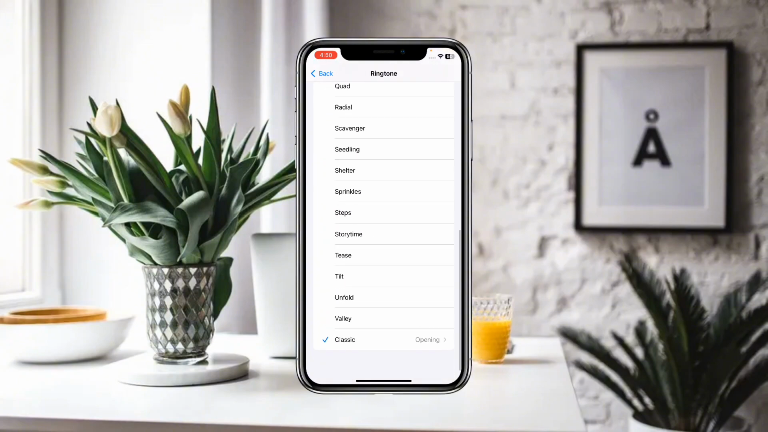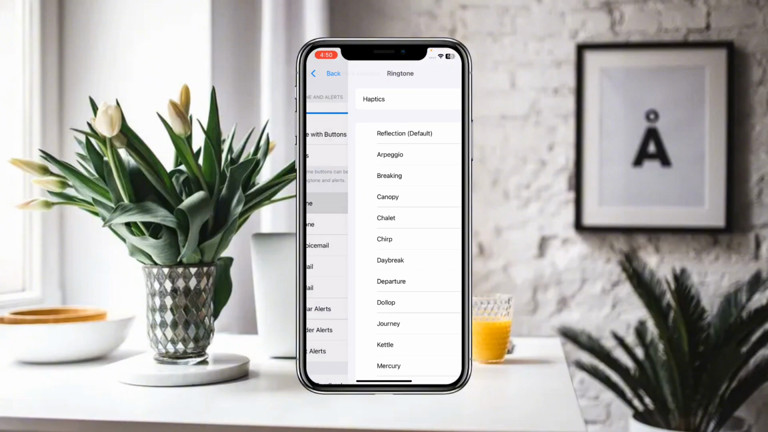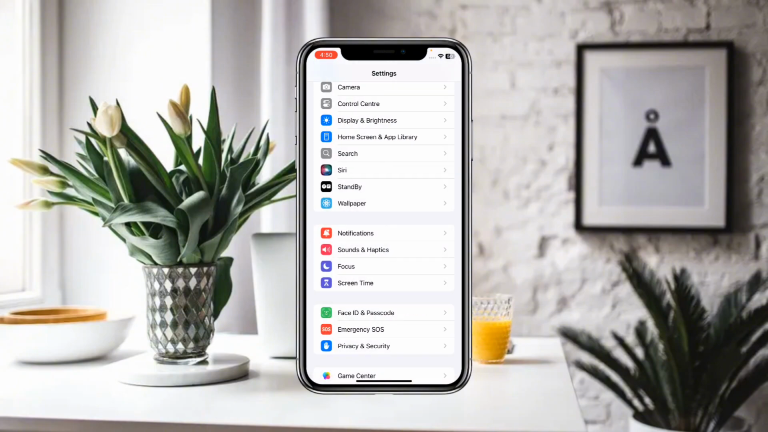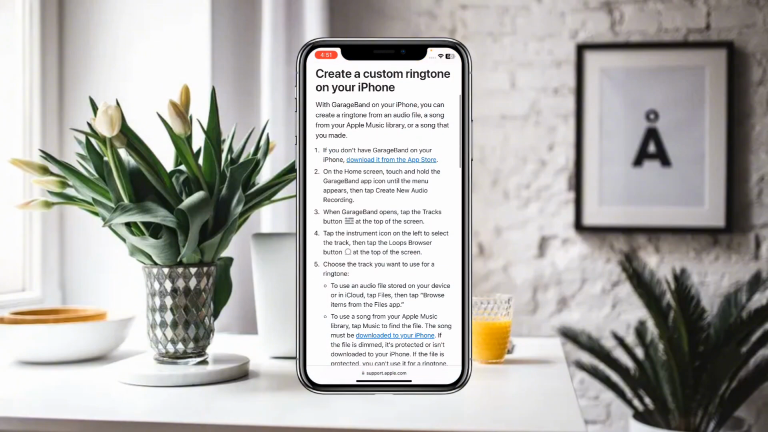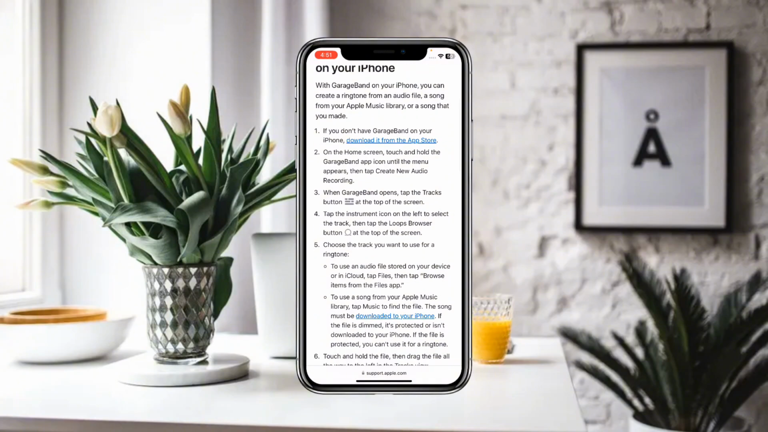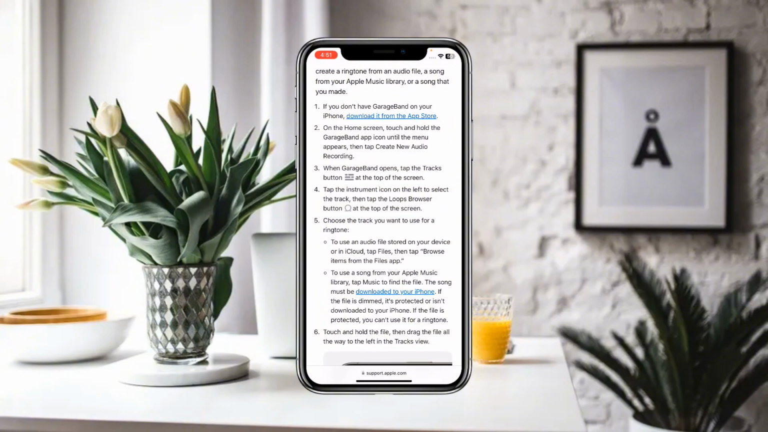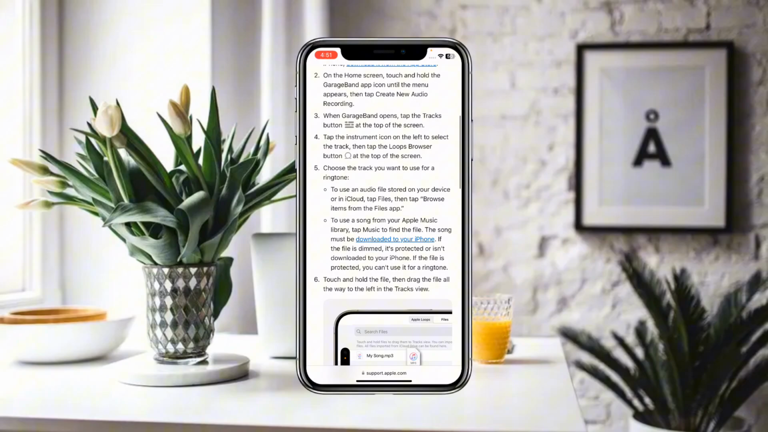But if you do not want to use that ringtone and you want to add a customized ringtone, then first of all you have to simply create that ringtone. For this you have to download and install an app named GarageBand on your iPhone. So you can simply create a ringtone from an audio file using that app. So you have to simply download it from the App Store, and after that you have to simply open it